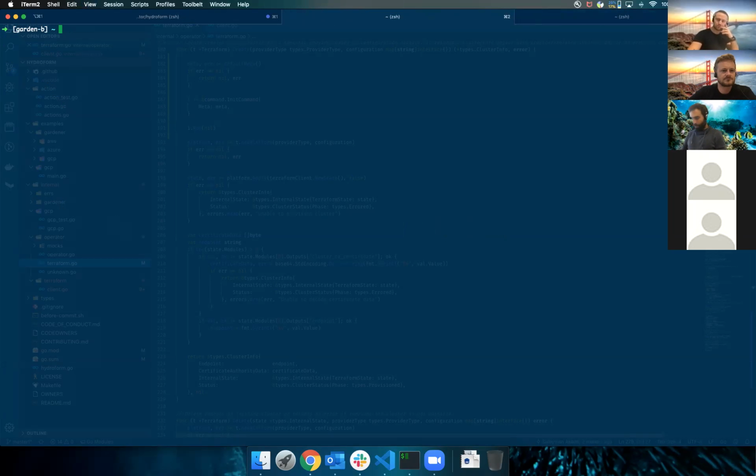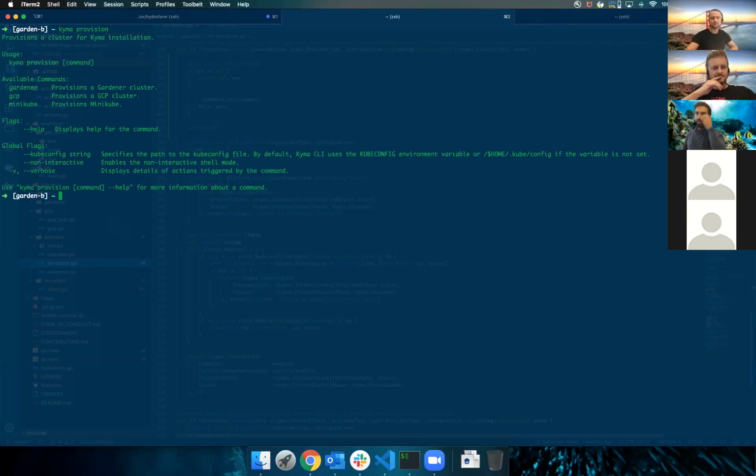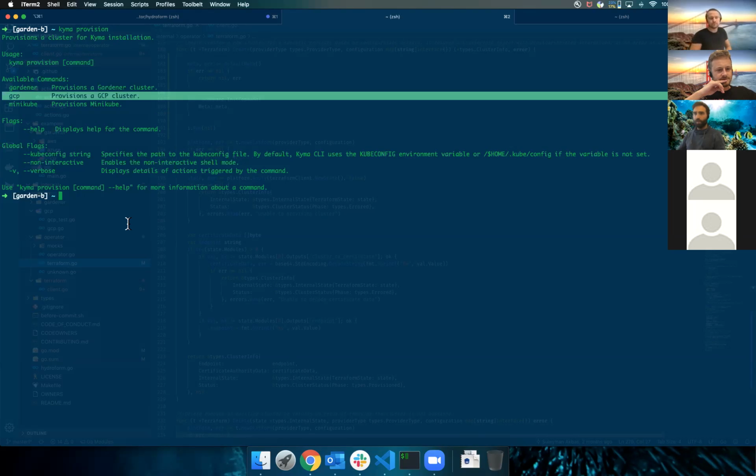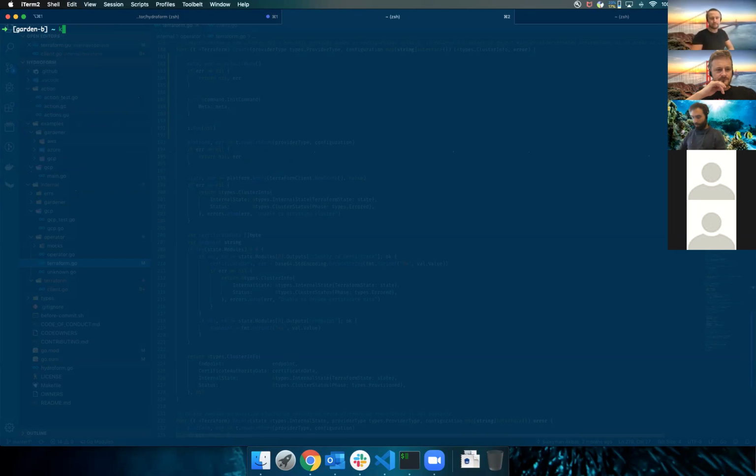Okay, so basically we have the Kyma provision command. And this command before had only the option to provision to Minikube. Now it also includes Gardener and GCP. So if I go to the GCP one